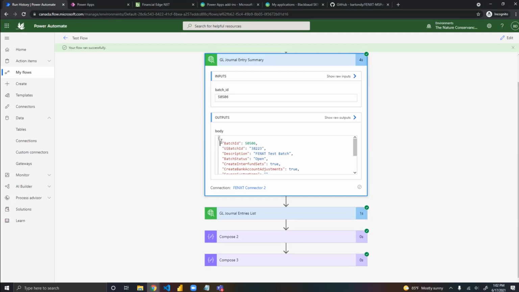And so I think some of the best advice I can give you early on as you start to play with these endpoints and learn about them is, if we want to do anything with this result we just got, and we just got results about a journal entry listed right here, and maybe the next step is we're going to look and see the batch status. And if it's open, we do something, or if it's posted, we do something. It's all based on some of this information. Or maybe we're going to use that to drive something else before we go and just get a list of the journal entries. So I just want to show you a little trick,